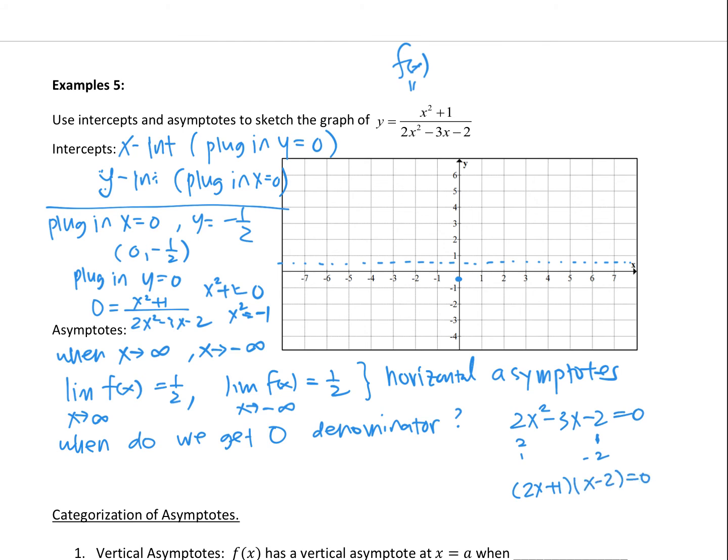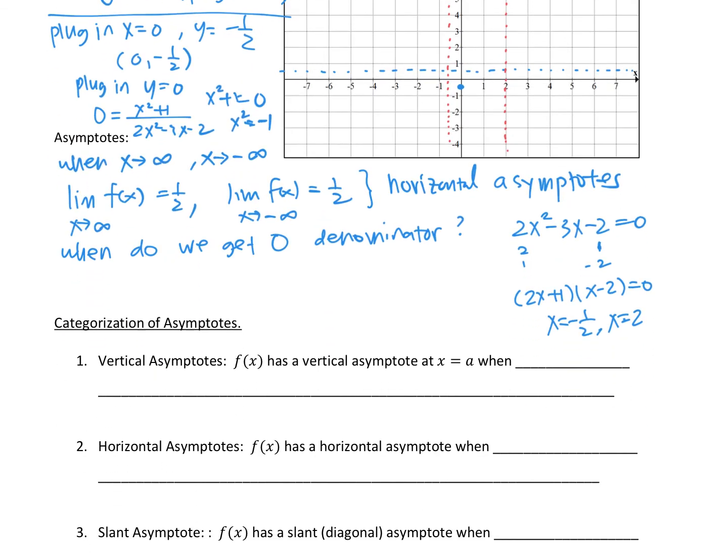Let me double check. 2x squared minus 4x plus 1x, so that's negative 3x minus 2. Okay. So that means x is equal to negative 1/2 and x is equal to 2. So when x is negative 1/2, let me draw a vertical line here. And when x is equal to 2, there is my possible